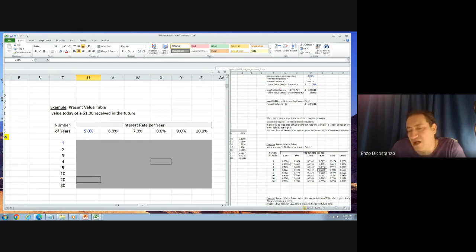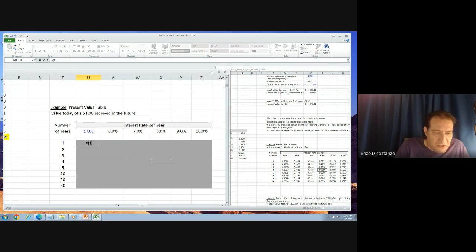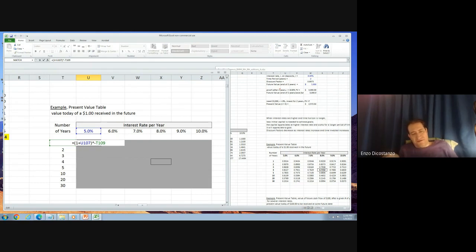If you want $1 a year from now at 5%, you need 95 cents today. That's what that means. Equals parenthesis 1 plus the rate, and what we'll do, we'll say a negative number of years, right? So what this means mathematically is instead of saying 1 over 1 plus 5%, 1 plus 5% to the negative 1 is the same as 1 over 1 plus 5% to the first power without the negative in front of the exponential number. All right, so just to put it in one line to make it easier. But we could just as easily do it like this. We could say equals 1 divided by